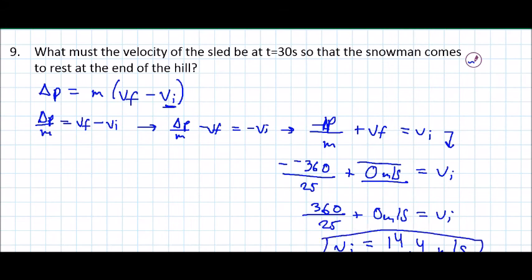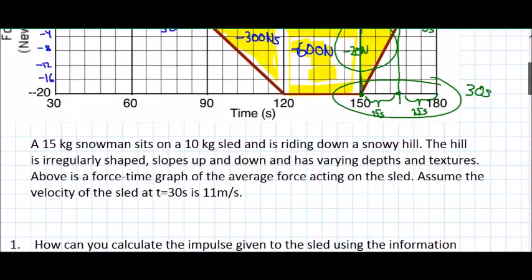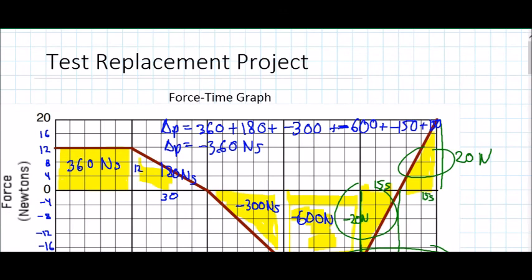Okay, so in order for the snowman to stop right here at the end of the hill, he needs to begin at the beginning with a velocity of 14.4 meters per second. So 11 meters per second caused him to continue. However, if he begins with 14.4, he will stop